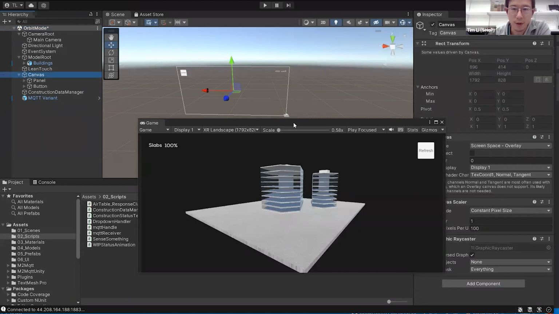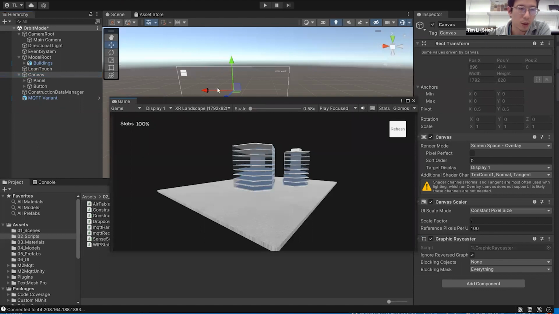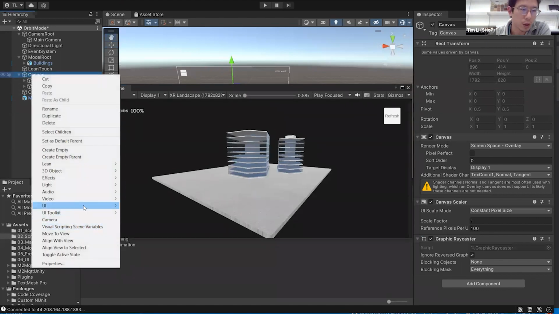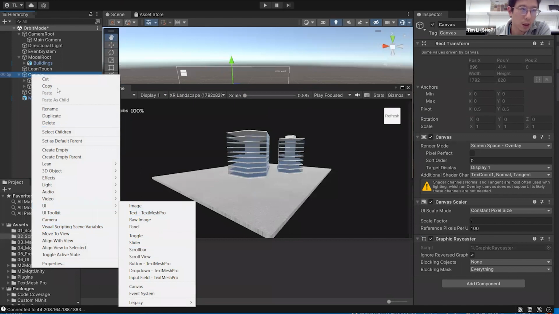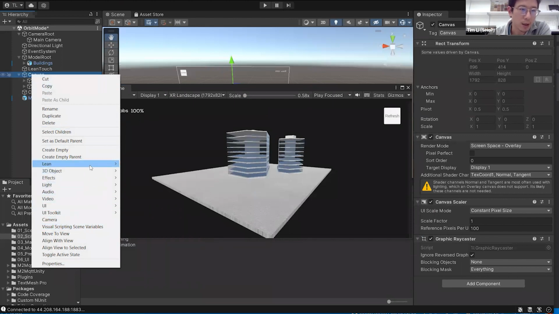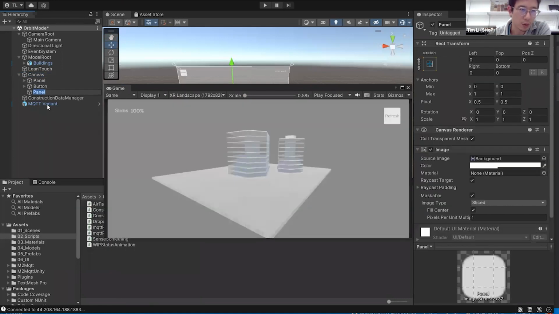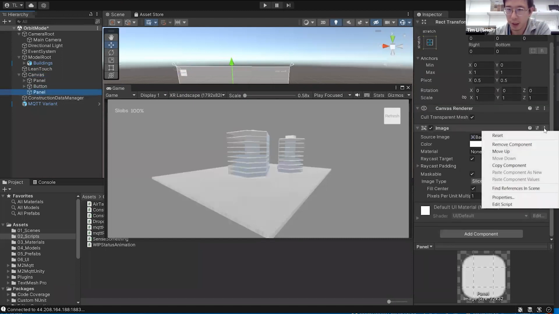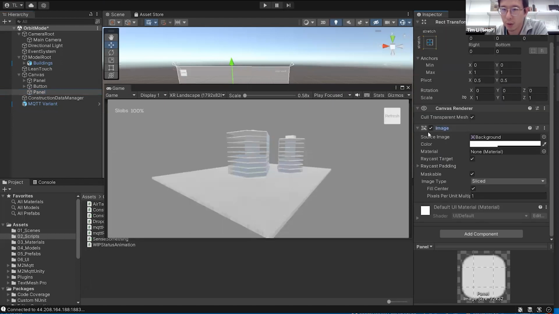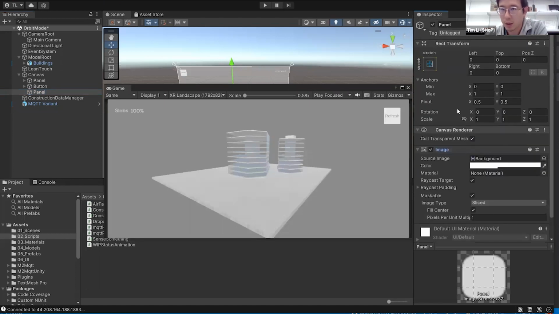So after you add the canvas, you don't need to change really anything here. But underneath, then you can try to add UI. In our case, we want to add some text and even a refresh button. So usually what I do is I just do like a panel. That's like a pretty basic element in UI. And then I would probably delete out the image component because, and also I totally forgot to mention